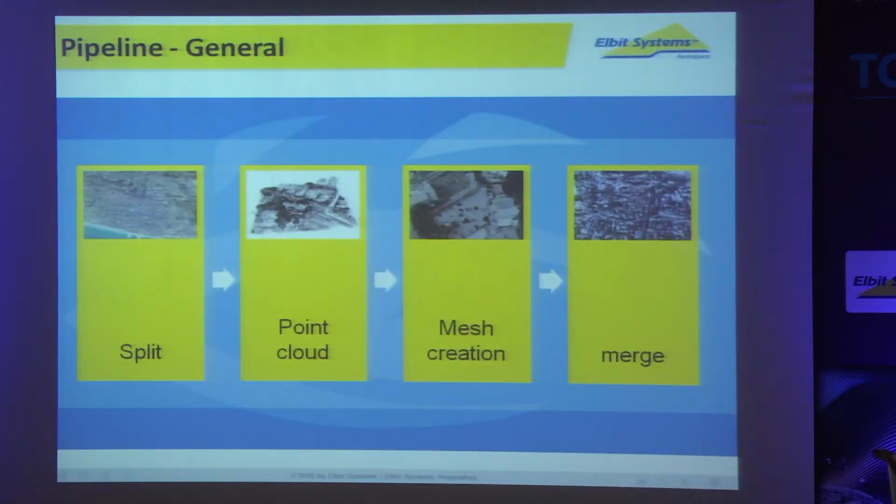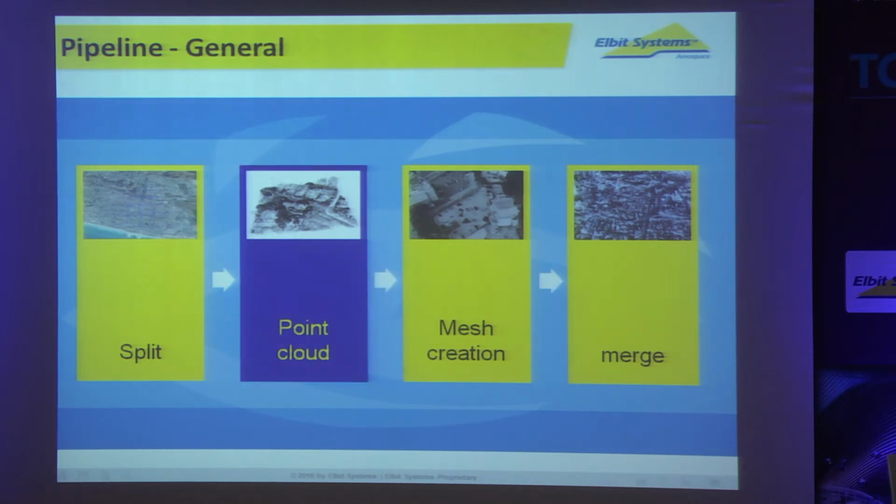And our pipeline for creating this is as follows. We have the first step where we take this very wide area and split it into smaller zones so we can process them all in parallel. And then we create our point cloud using the images collected for each zone. Then we go on to mesh creation, and finally we apply texture onto it, and finally we merge all these zones together to